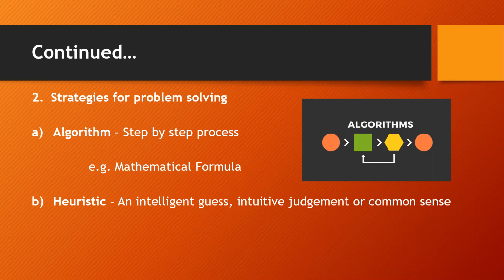Whether or not you understand the problem, if you follow the steps, you will arrive at the right answer. Sometimes it might take a lot of time to understand and arrive, but it will lead you to the right answer. You must know the algorithm first, right? You should know the formula to solve the problem. That is a complete set of steps, which is not usually realistic for the problems of daily life. They are an applied version of deductive reasoning, which usually applies to more technical tasks. So you need a lot of understanding.